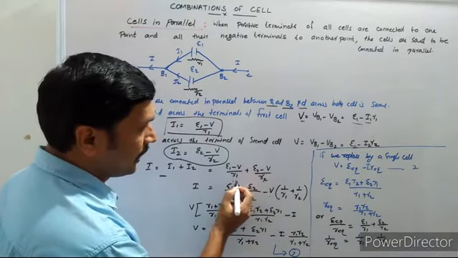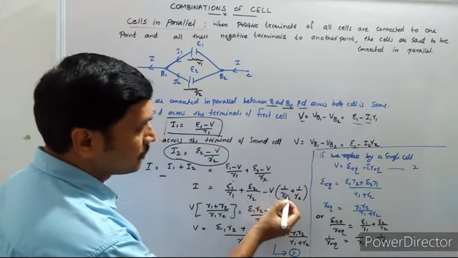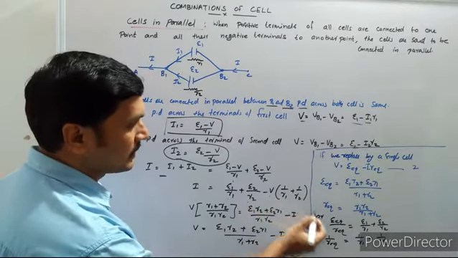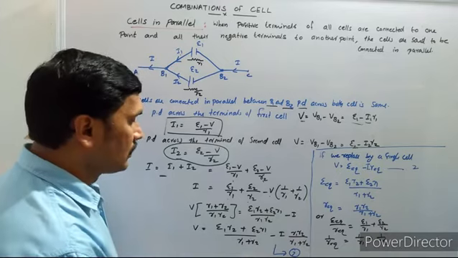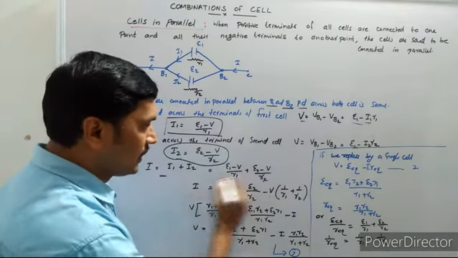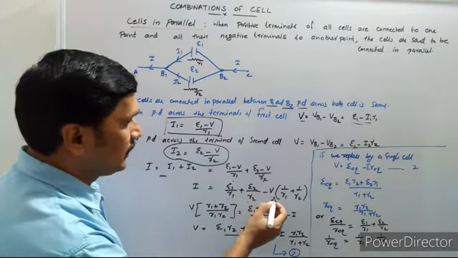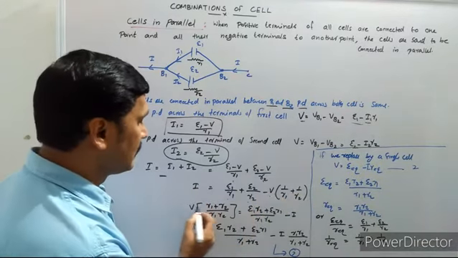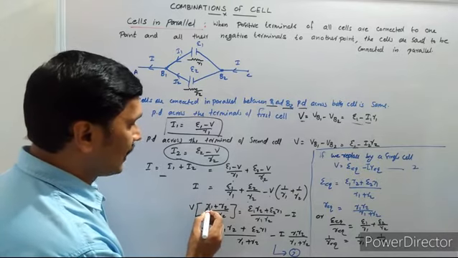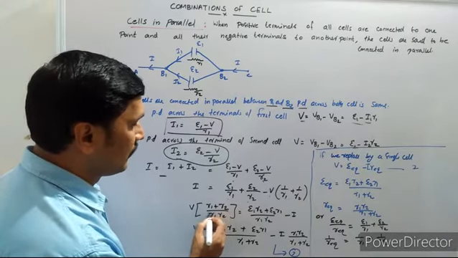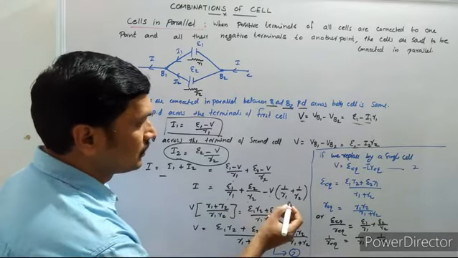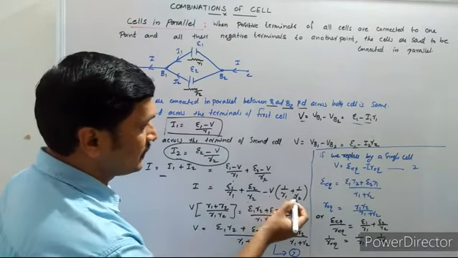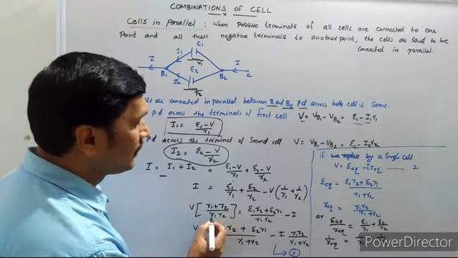That is V by R1 plus V by R2 actually. So V is common, we keep V outside. V into 1 by R1 plus 1 by R2, that's equal to I. Now rearrange this equation and keep this one to the right side and take this I to the left side. That's V into (R1 plus R2) divided by R1 R2. We take the LCM, R1 R2 is the LCM. So it is (R1 plus R2) divided by R1 R2.